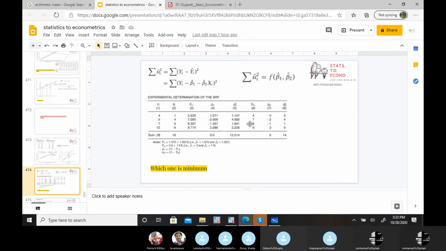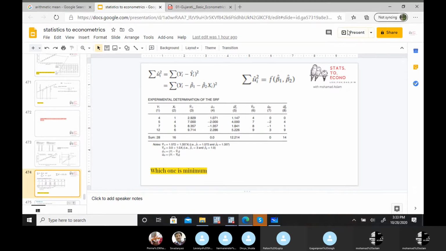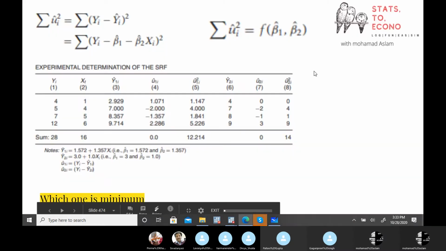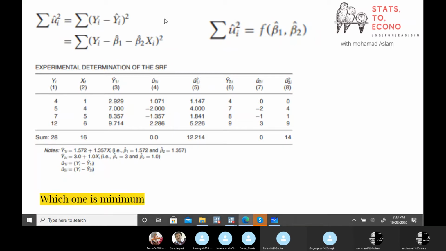For example, I took this example from the Gujarati textbook. Let's put these values in the bottom, the given values. Let's suppose you have some estimated values and you can put these values in two different samples. Now summation u hat is going to be 0 in both the cases, so you don't know which sample regression function is more appropriate. But if you go with the summation of u hat squares, then you can judge which one is giving the minimum value. That's why in place of summation u hat, this particular method uses the summation u hat square. So we are going to minimize this particular summation u hat square.